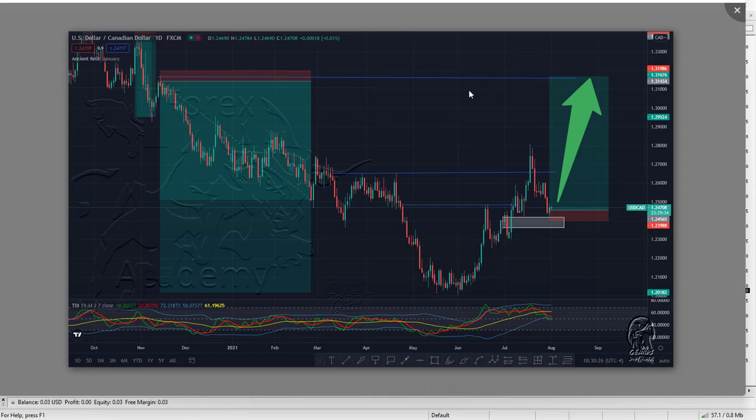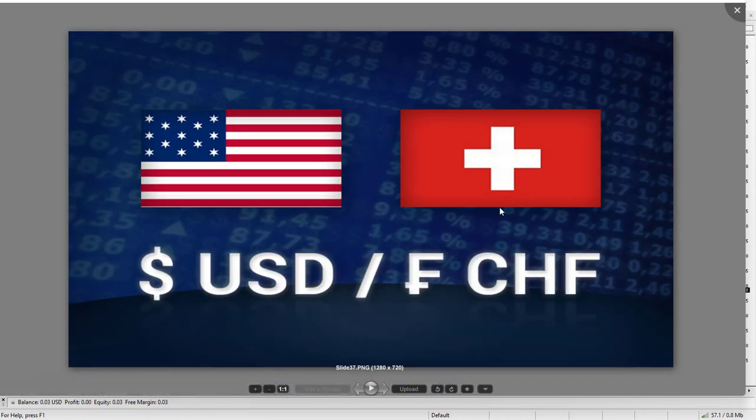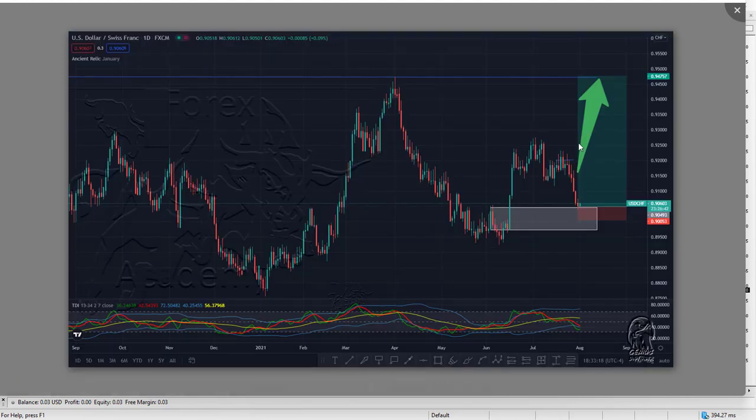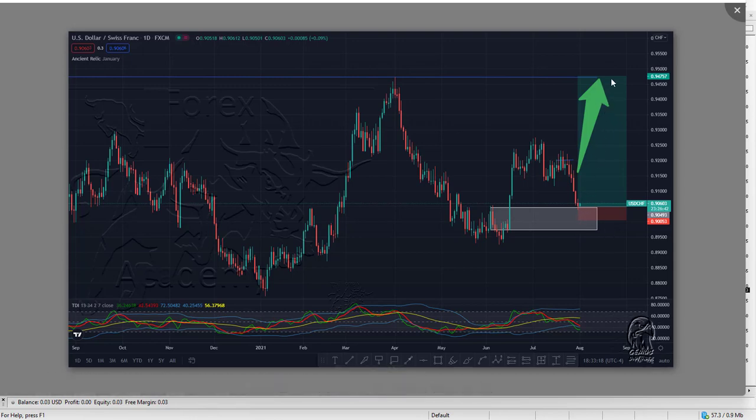1.31676 market price. And then going forth with USD CHF, I'm still bullish on this Swiss franc because it's been driven by dollar index. And then this was my anticipation from the previous week, but at least we are around this order block, and then I'm expecting the market to rise from this zone, and then to take out that